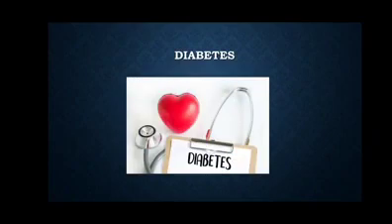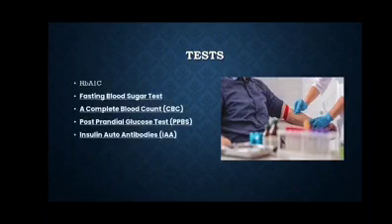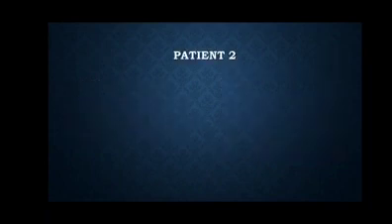So, from all this, we can come to an anumana that the patient might be having diabetes, and that is the reason he has symptoms of diabetes such as polyuria, polydipsia, fatigue, weight loss, and also he has a genetic history of diabetes. To confirm this, the doctor may take the help of some pathological tests such as HbA1c, fasting blood sugar, a complete blood count test that is CBC, and insulin autoantibodies test that is IAA.